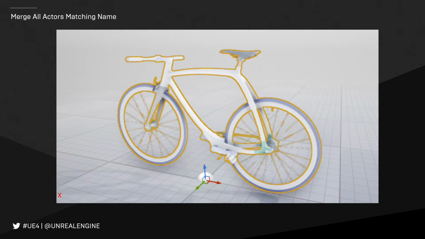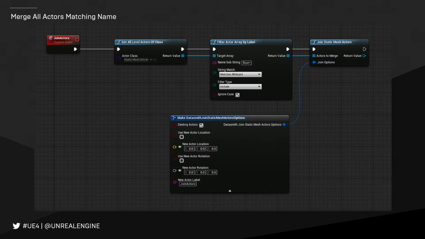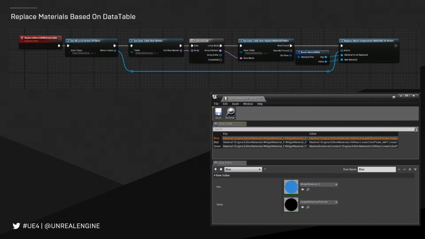Okay? Now, obviously, this is a very basic demonstration of that, but let's look at some other things. For instance, in this scenario, what if we were to get all of the actors and we were to look at all of the materials on the actors in the world? And anytime they had a material here, we set them to a material that's referenced here. This way I can remap certain materials in certain situations and run my own custom scripts to handle logic for setting up my scene.